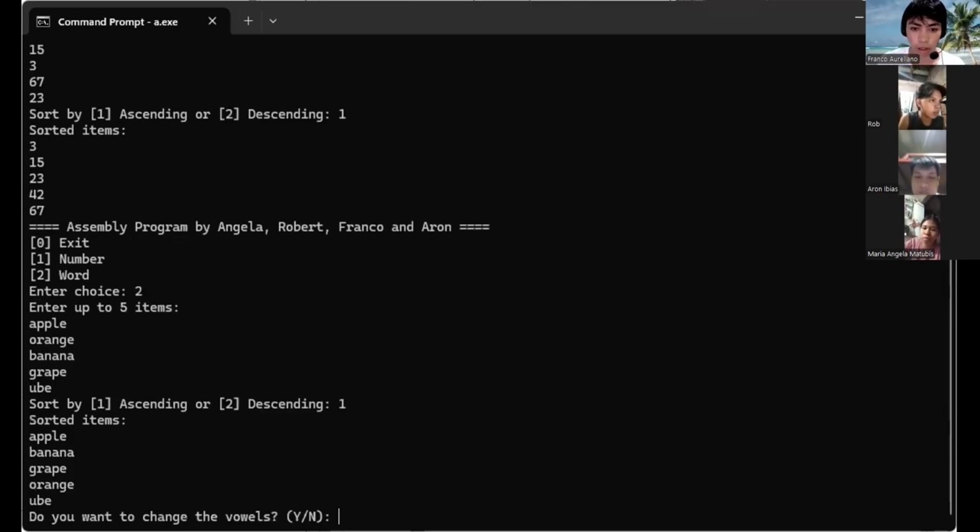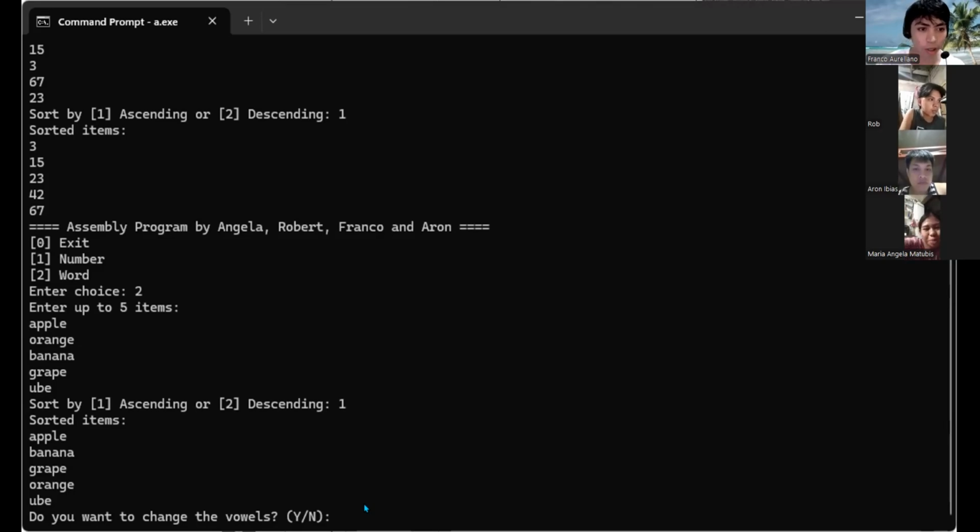And here are the sorted words: first is apple, then banana, then grape, orange, and then ube. Actually, in the instructions there's a cherry in there, but there's no cherry in these items since we didn't input it.